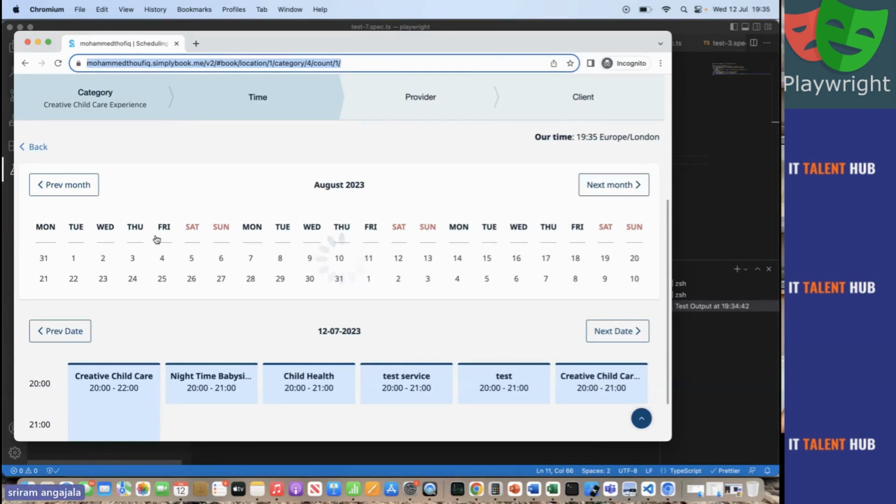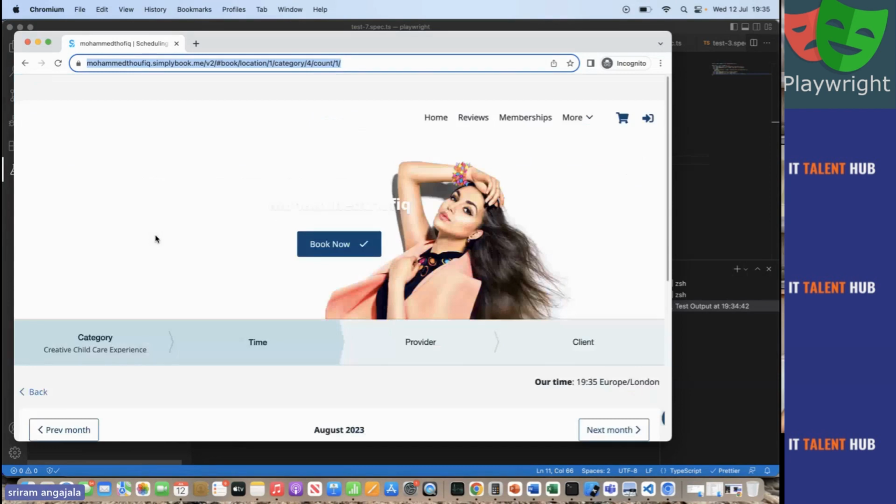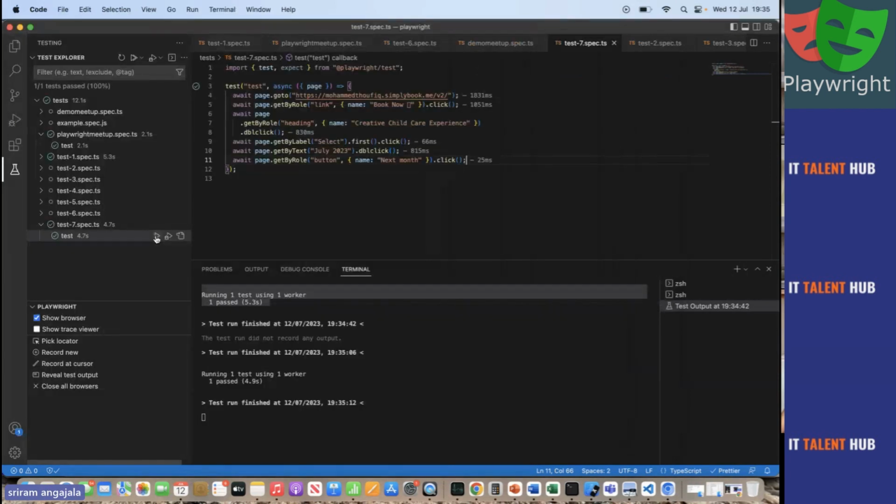OK, that's it. So the test is finished. So like this, you can see here the code is running and it had given the time, how much time each and every step had taken. So now, without writing any code, your tests are done. OK, and no wait is required, nothing. It is so cool, so simple.